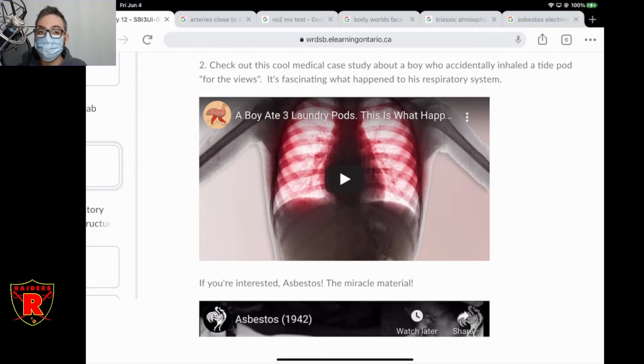Now, he wasn't intending to actually eat them, just put them in his mouth. However, due to some reasons which are explained very well in the video, once you put that stuff in your mouth, it's very difficult not to inhale it. It causes you to choke and sputter pretty much the moment it enters your mouth. And if you inhale it and get some of that laundry pod into your lungs, you're going to have a bad time. So the video goes through basically the diagnosis and treatment of this person,